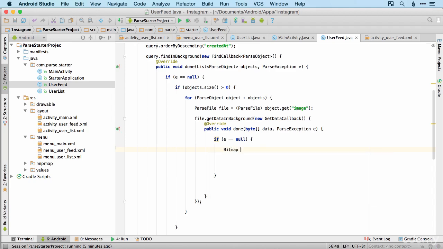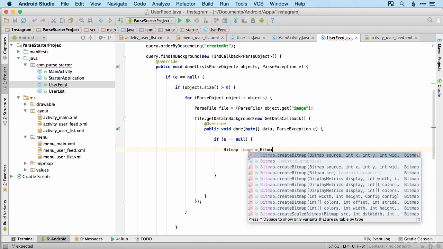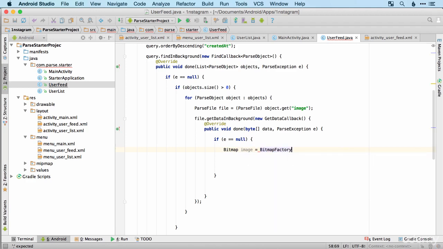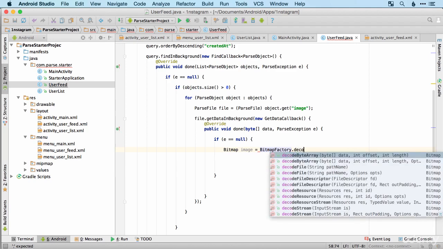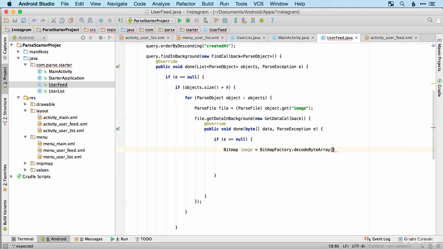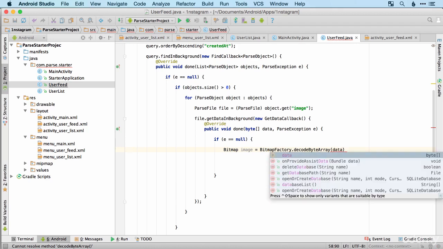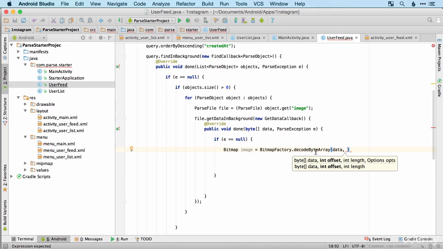So we'll create a bitmap variable, which I'll call image. And we create that from BitmapFactory.decodeByteArray. And then we want to give it 3 variables. The first is the information or the byte array itself. So that's data. The second is, as you can see here, the offset,